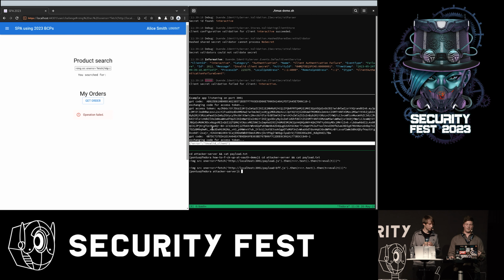And if we look at the error message from the IDP, which happened to be in the window above here, we see that the client secret validation failed for this client. And that's because I simply don't have that client secret. So that's the strength of having confidential clients, which do client authentication. And so now I'm not able to steal an access token, which is really good.